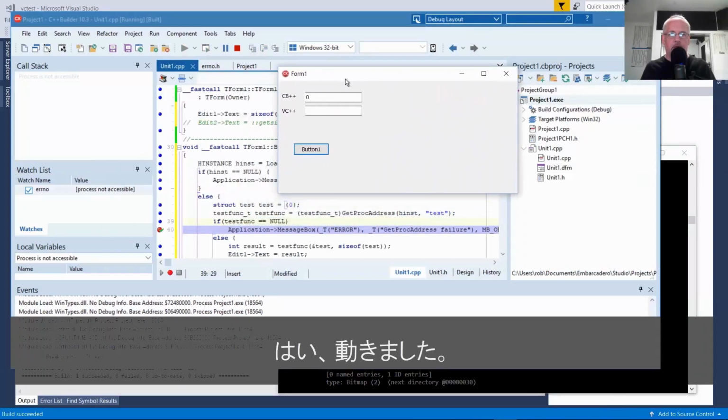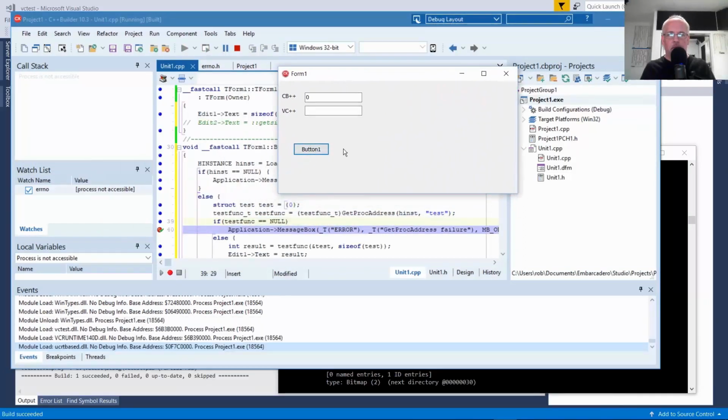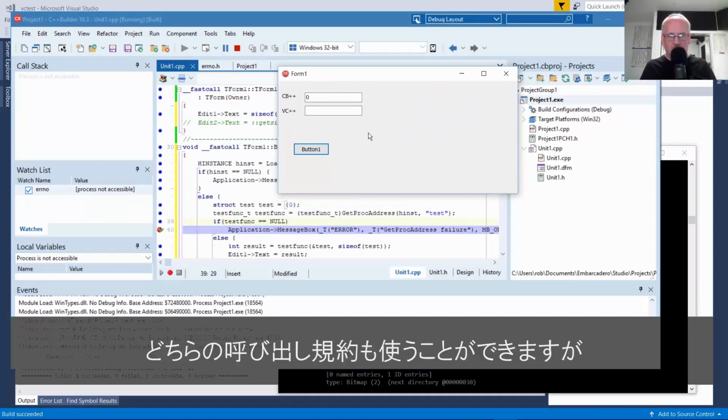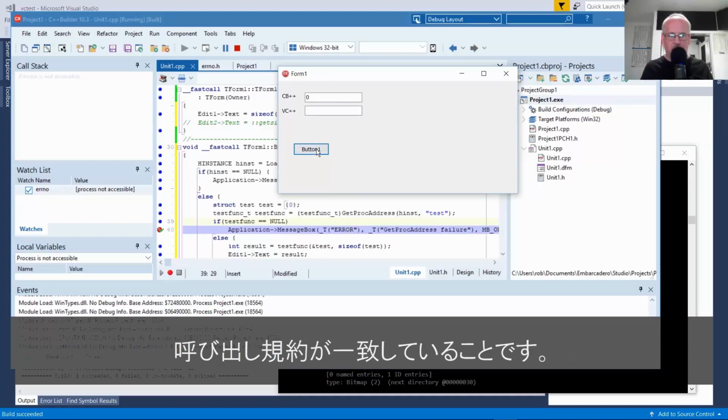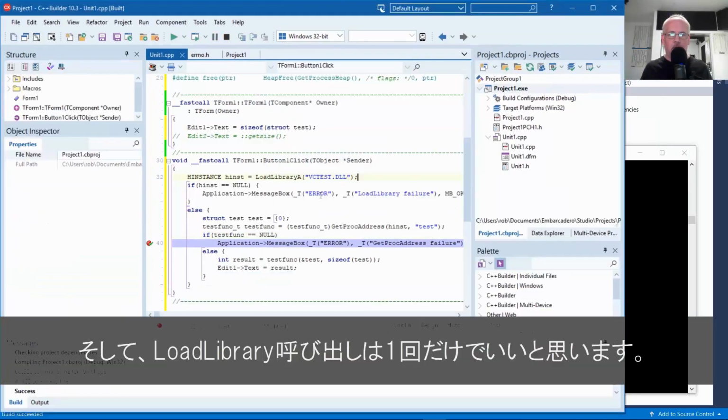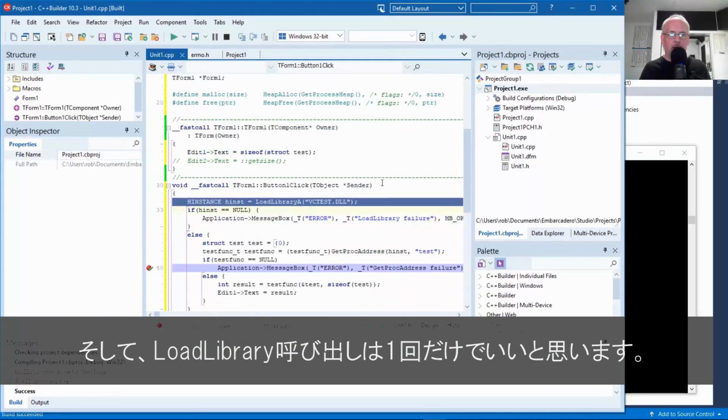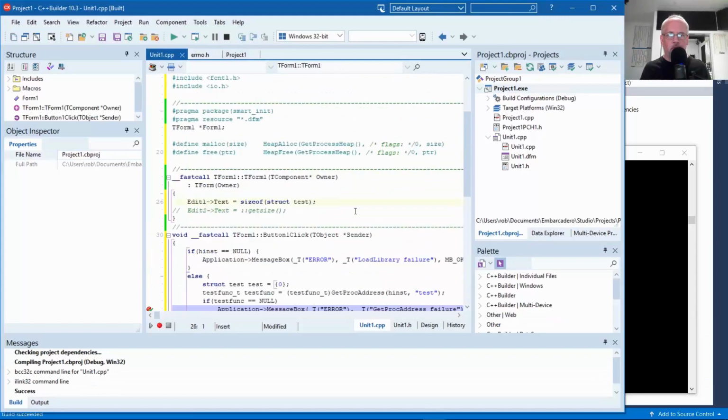Okay, and it works. So you can use either calling convention, but it's important that the application and the DLL both agree on what the calling convention is going to be. So let's say that you only want to do the LoadLibrary call once.